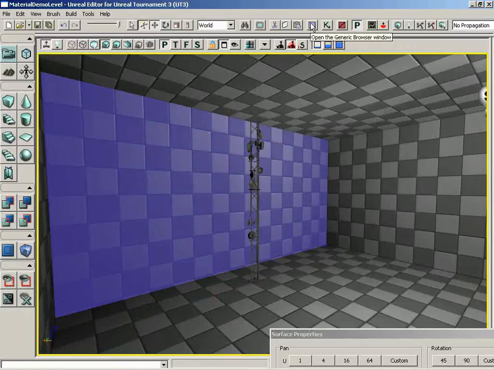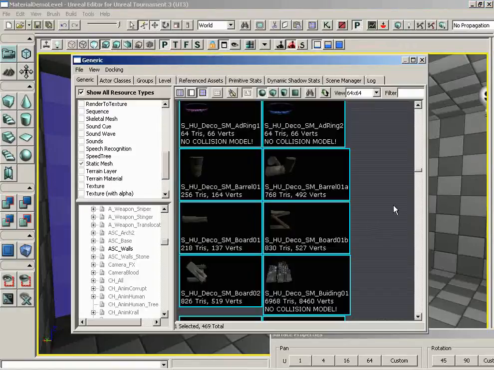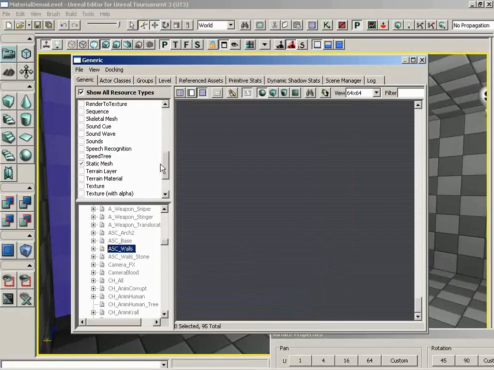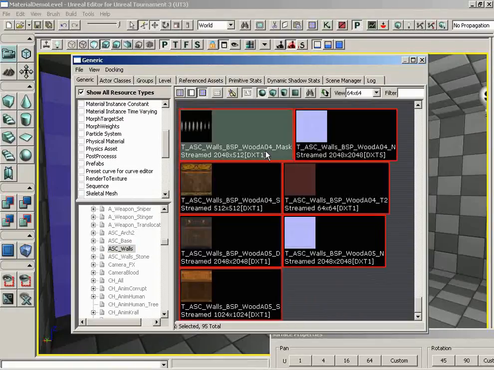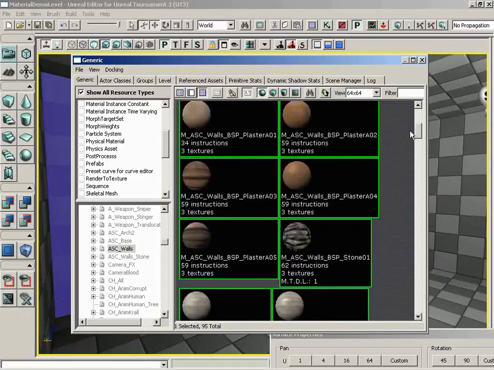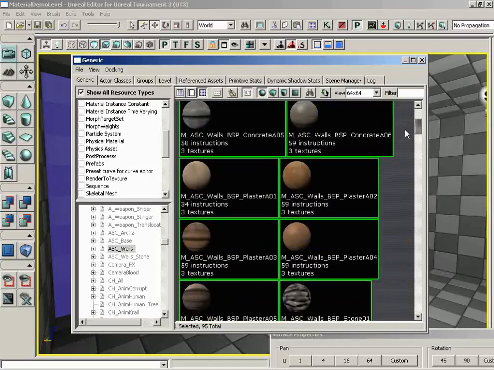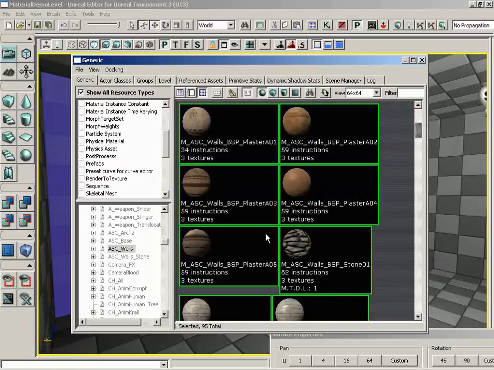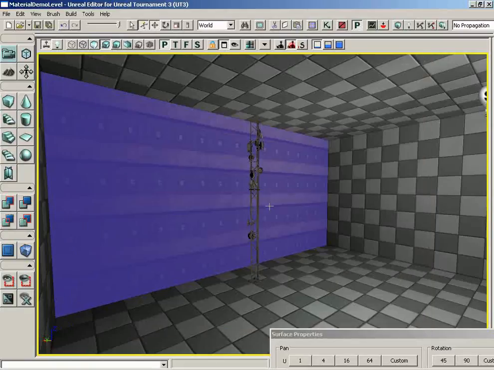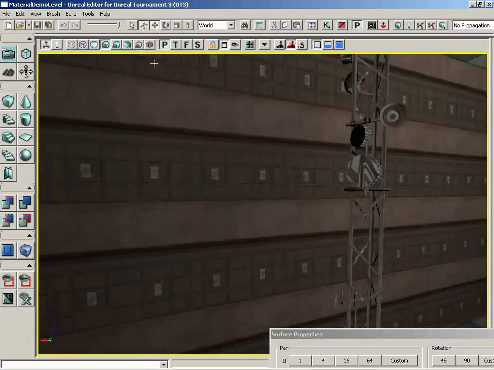So let me click on the Show Generic Browser button, and I'm going to change over to the ASC Walls package, which I've already loaded in. Let's make sure that I can see materials. And I'll scroll way up to the top, and I'm looking for a particular material. We're going to use ASC Walls BSP Plaster A05,